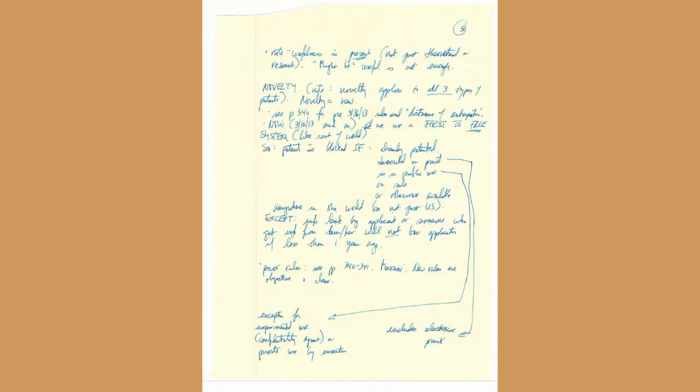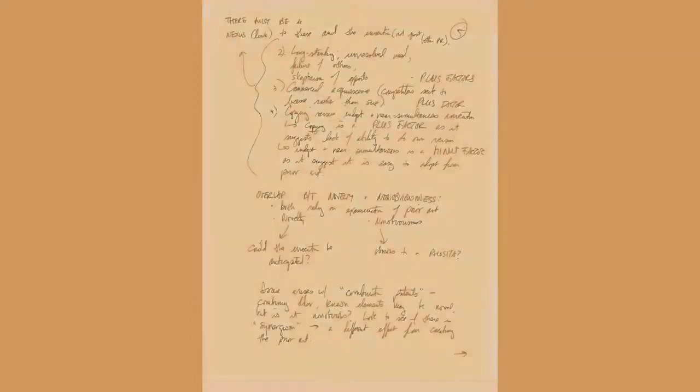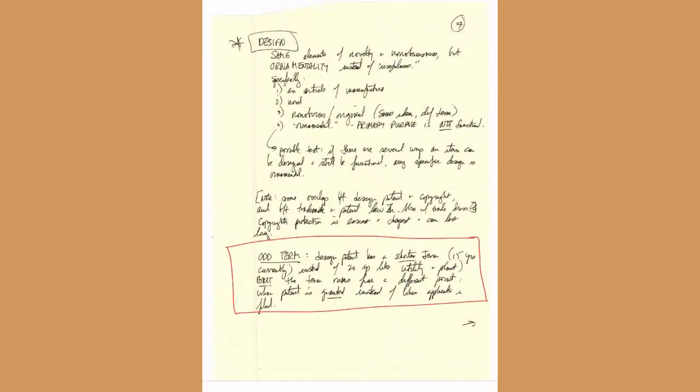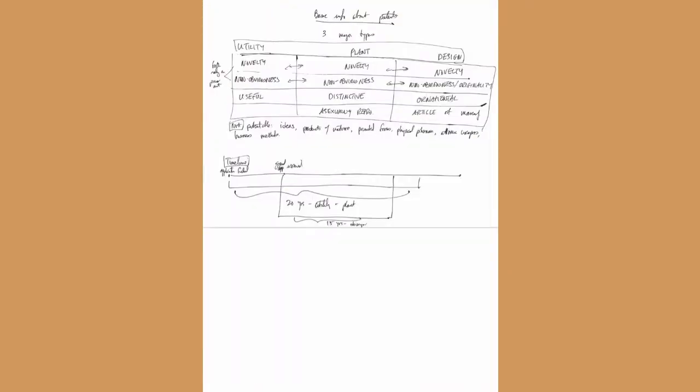Don't be afraid to make your notes look messy. I like to draw arrows. I like to have little summaries. I have some things that are important all in capital letters. Make the notes work for you. Sometimes the best way to summarize your information is to make charts. So this is actually the last page in the notes I was just showing you. At the top, I'm comparing the different types of patents, utility, plant, and design, where they have similar elements and where they differ. And on the bottom, I have the timeline for the 3 different types of patents. Don't be afraid to give yourself a chart or a visual to help you memorize.